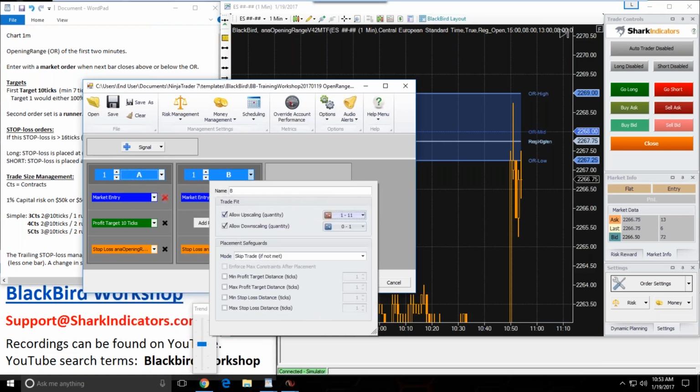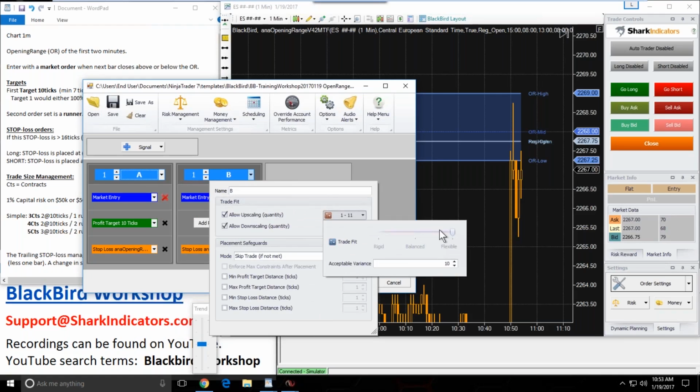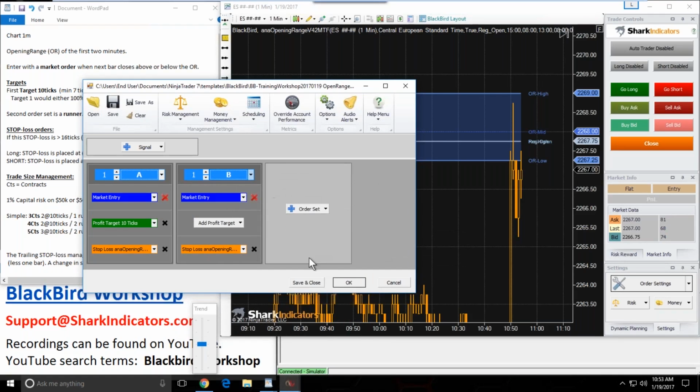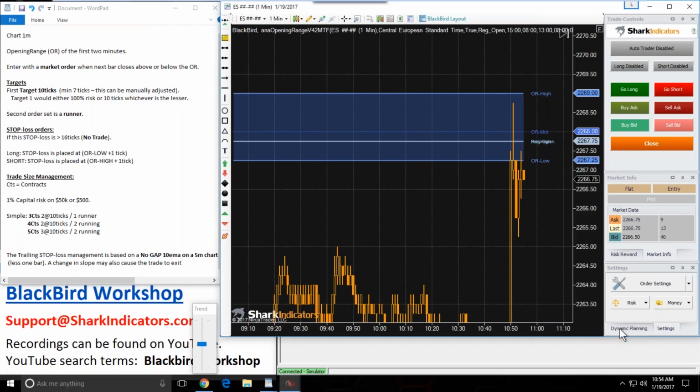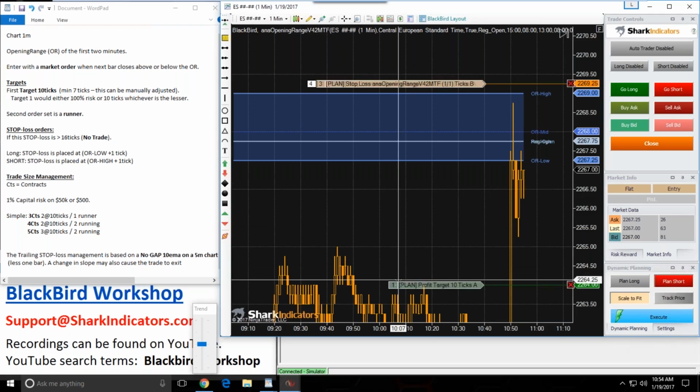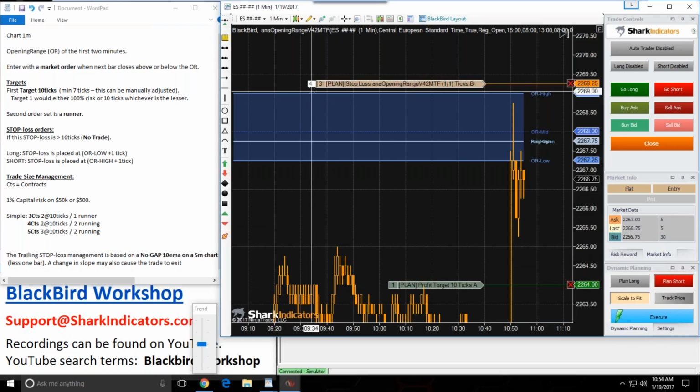Well, okay, I'm going to try the opposite here. Let's try that. I've set both of them to flexible. Let's go back into the dynamic planner. So hopefully you guys can see I'm switching back and forth between the settings panel and the dynamic planner panel here. Settings, dynamic planner. I'm using the dynamic planner because it allows me to simulate and see on the chart